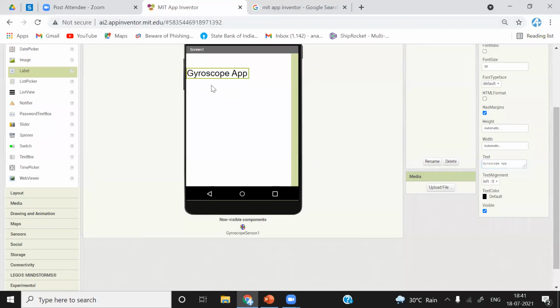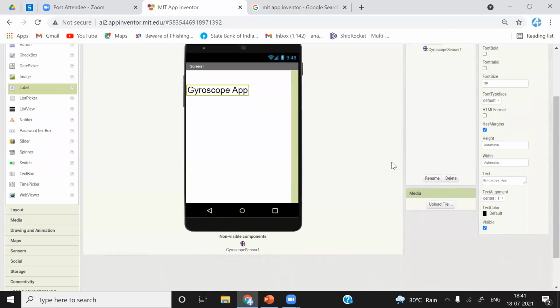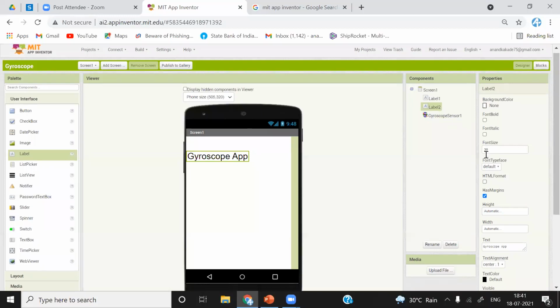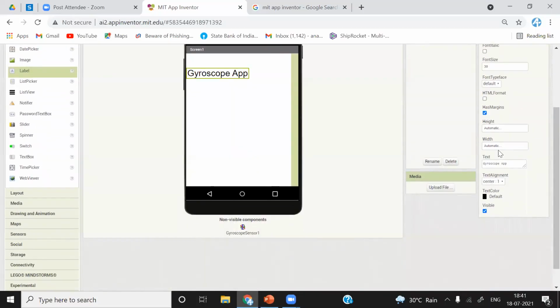We have to center it so the user interface looks a little nicer. Click on it and go to text alignment. Inside this label, the text alignment is currently left, and we have to make it center. Now click on the second label and increase the width to fill parent, or you can go to percentage and choose 100%.